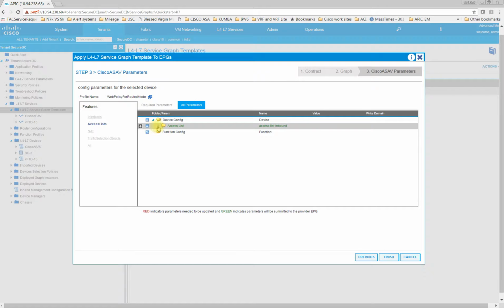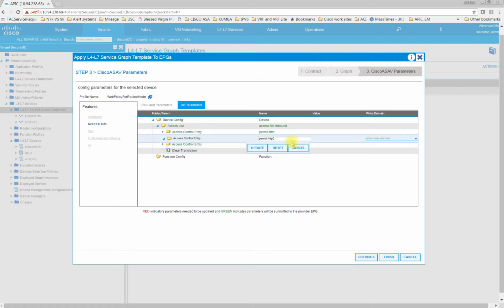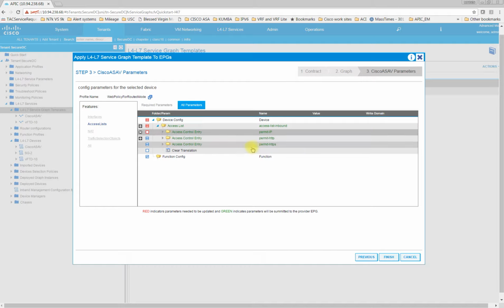I'm going to create an access list entry within the existing access list. I would hit the plus sign here. That opens up a new access entry. Plug in the IP. Hit update. You'll notice I now have, within the new access entry I just created, this